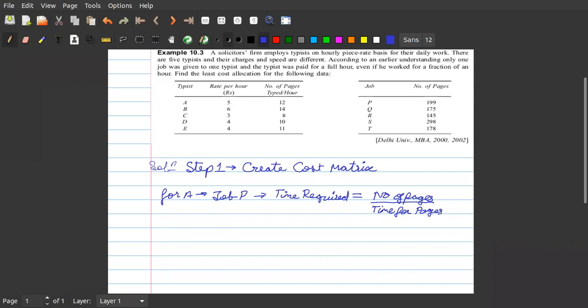You have 199 pages in job P, and he can type 12 pages per hour. So how much time will be required? 199 divided by 12. Can you please calculate this?